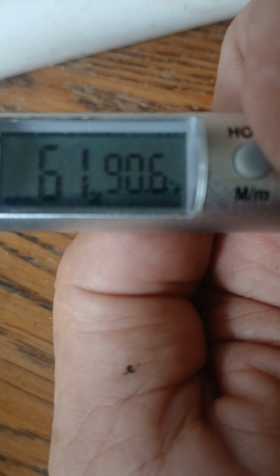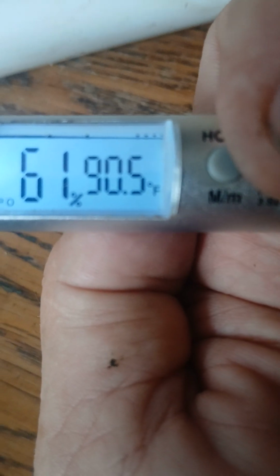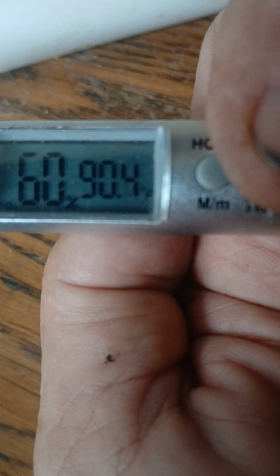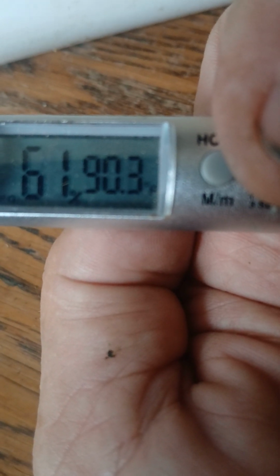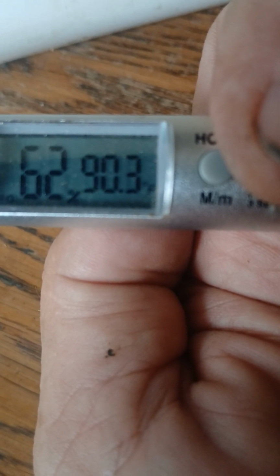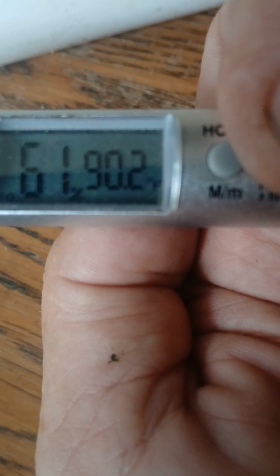Again, the temperature currently reading to the right-hand side is 90.5 degrees Fahrenheit, and the humidity is reading 61%, and it feels extremely hot. But if you lowered that humidity, the Fahrenheit number to the right, yes, would still be hot, but it may not feel as hot on the skin. So this is dealing with humidity and temperature for HVAC, heating and air